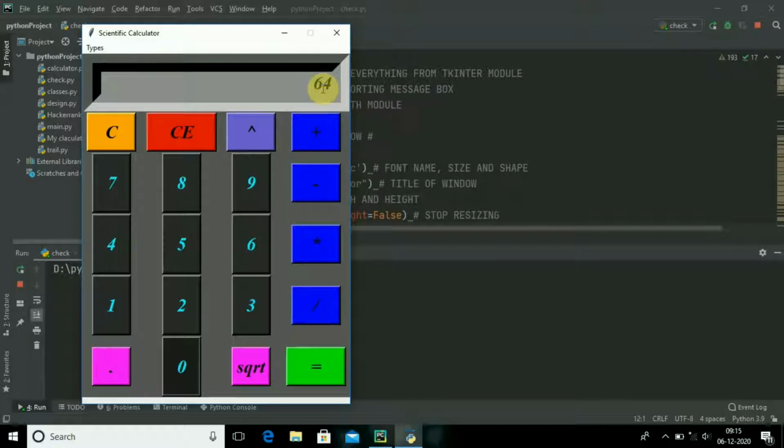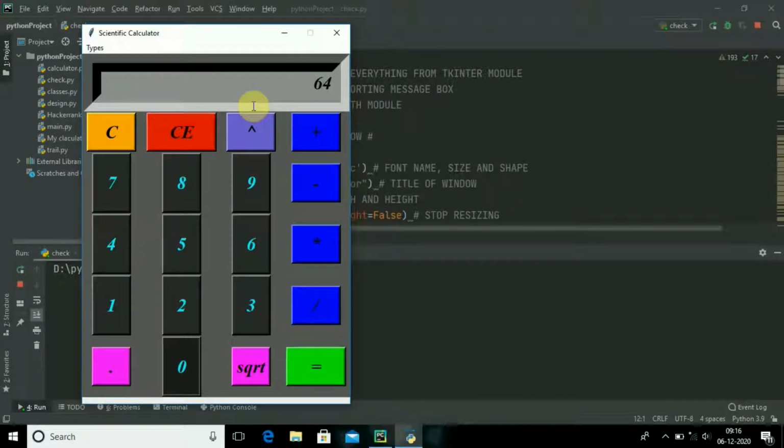And let us discuss some more information about the Tkinter module. The first thing is widgets, the next thing is the arrangement, and the third thing will be the message box and some more features. Let us discuss. The first thing will be the widgets. What are the widgets? The button, the screen, and these types. Yes, all these are widgets. Whenever you type on them, they show some of the functions.